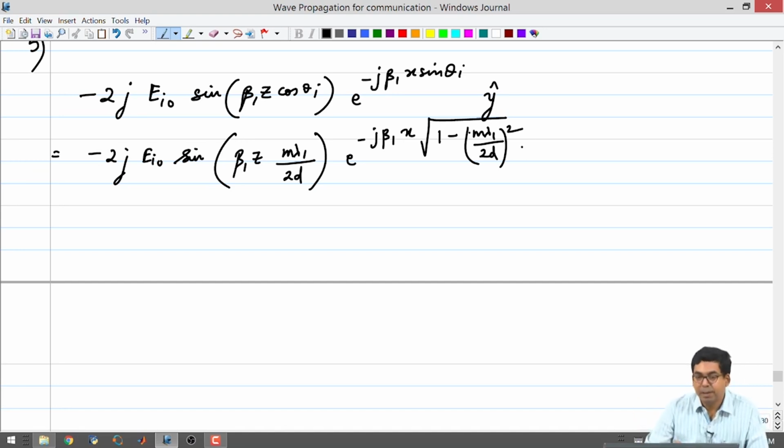Previously you would have just had e to the minus j beta 1 x, but now you are having some square root of 1 minus (m lambda 1 by 2d) squared. So, this parameter is coming into the picture because you have added two plates with a distance d between them, and your choice of m is such that mod cos theta i is less than 1. So, we can always say that